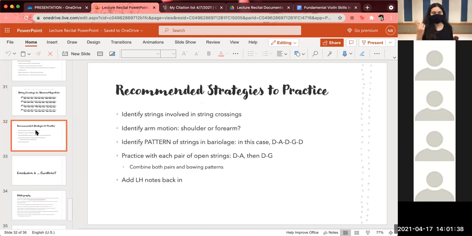This excerpt, again, focuses on the D, A, and G strings. However, this excerpt features something different, which is called bariolage, which is a string crossing pattern. In this case, the bow goes from D string to A, back to D, to G, and then back to D again. Whenever you focus on certain pairs of strings at a time, for example, D and A,